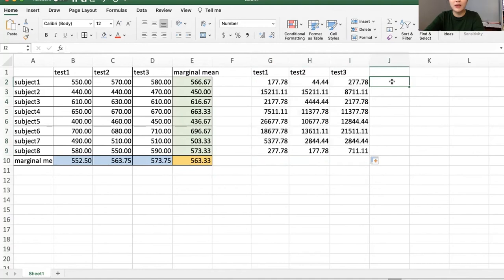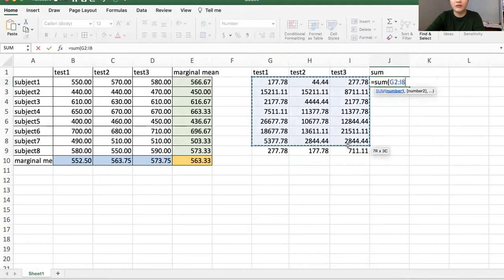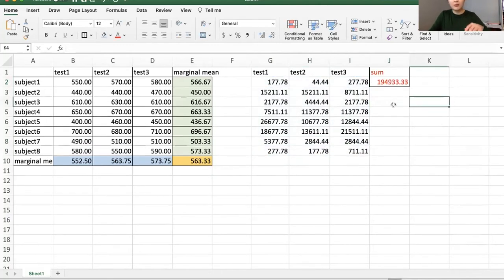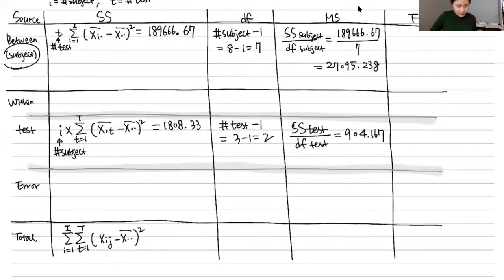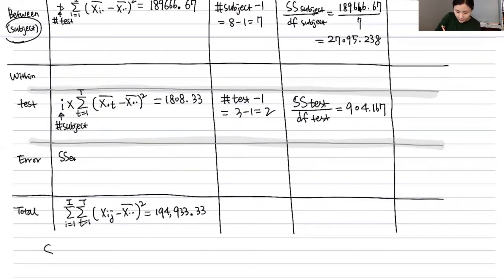So the sum is, put the equal sign, and sum, open the parentheses, and drag and drop all the things. So this is my sum of square total. So my sum of square total is 194,933.33,